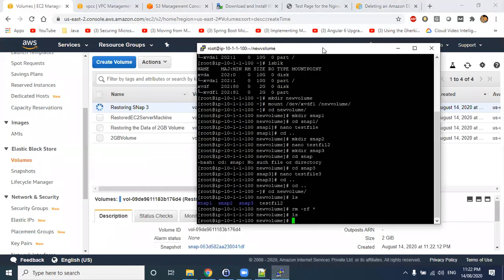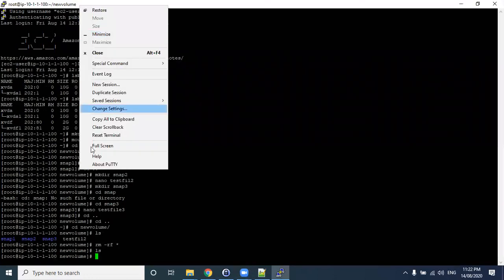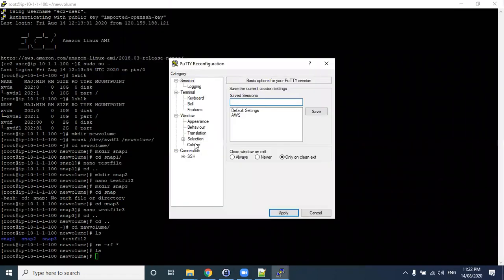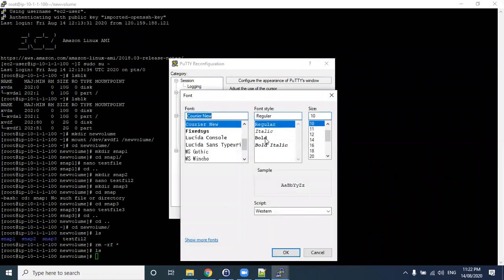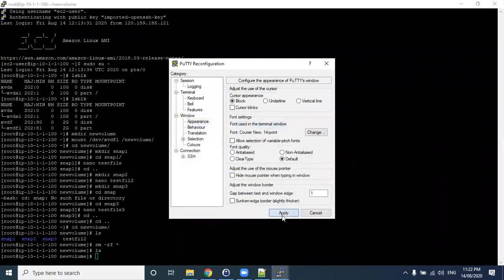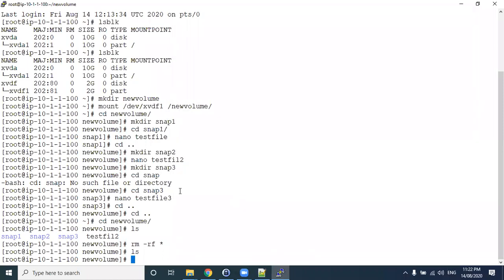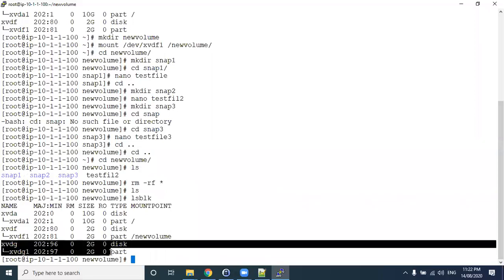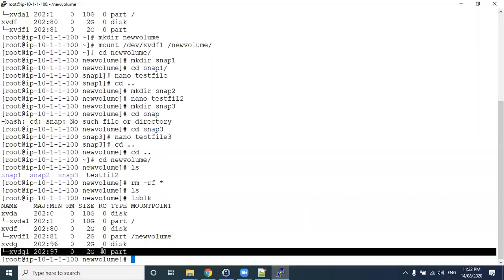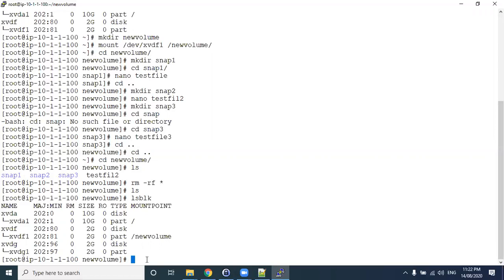So if you go to this Linux machine, so now we got a new partition here, xvdg. So the partition is already available. So we need to create a local folder, mkdir.